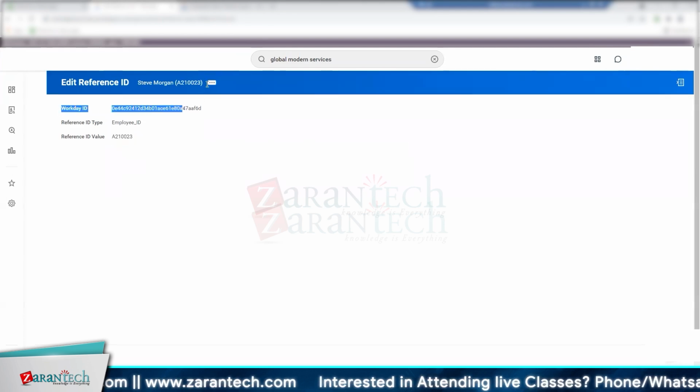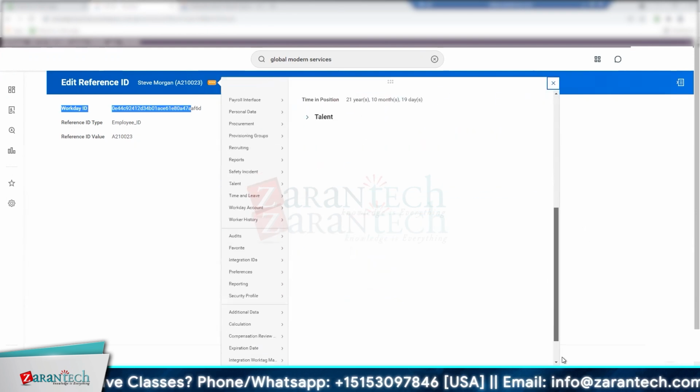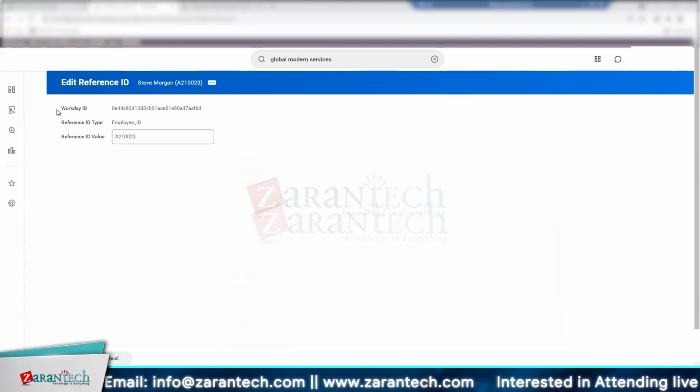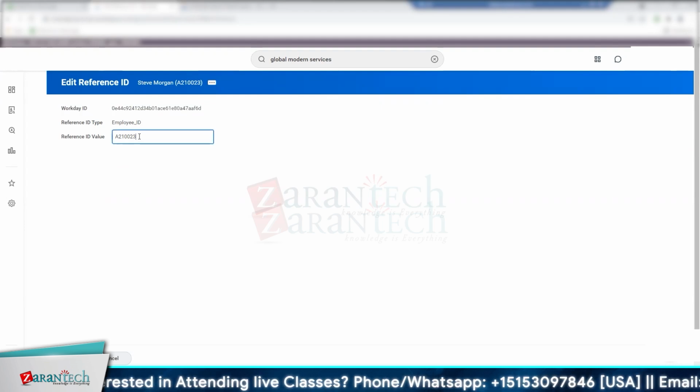So to see this WID, maybe I'm wrong in this because, as I was mentioning, a lot of things change, but let's see. I think you're never going to be able to update the WID. If this person had multiple IDs on here, I'm trying to think of other ones that they would have, I'd be able to update those IDs through the UI and through the web service. But even though I might have sequence generator set up in this tenant, it's not going to look at those rules. The only validation that I know of that it's going to do over here is